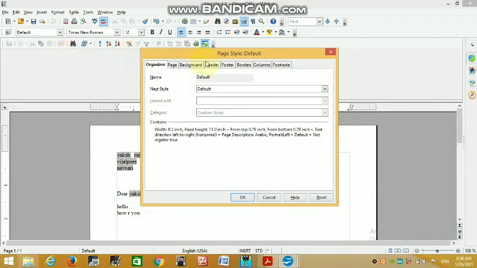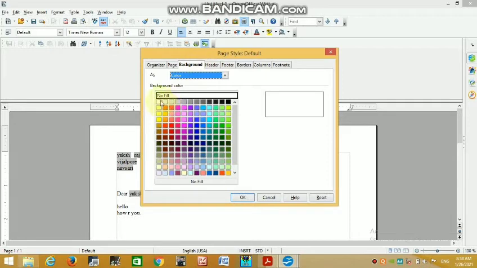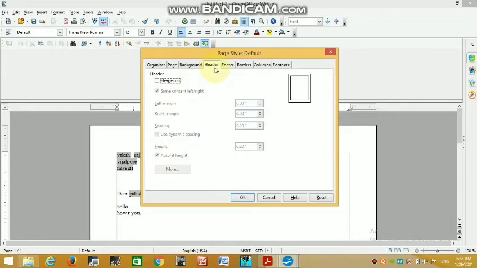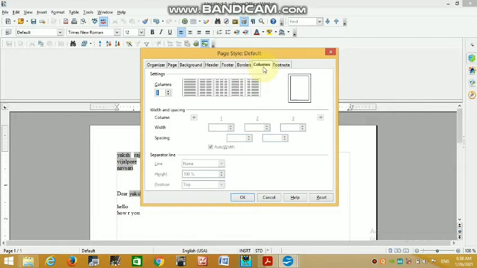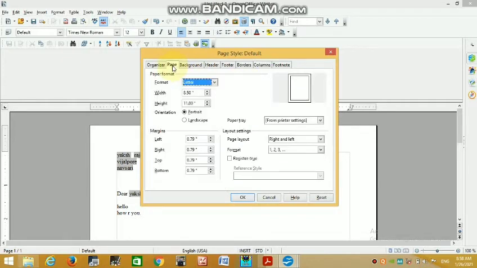See this page background, if you want to give a background to your page, header, footer, border, if you want to give a border, you can give column, if you want to divide your page in column 1 2 3 column, you can do it. See this left, right, top, bottom, this is a margin of your page. You can change the size of your page when you take a printout. By default this is a letter, you can make it A4 size.